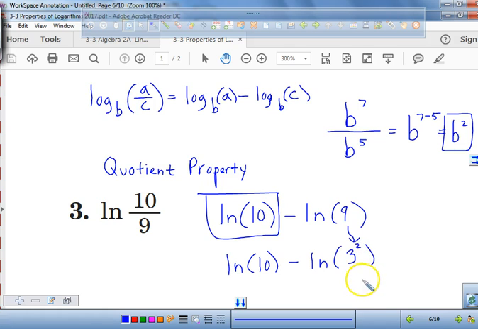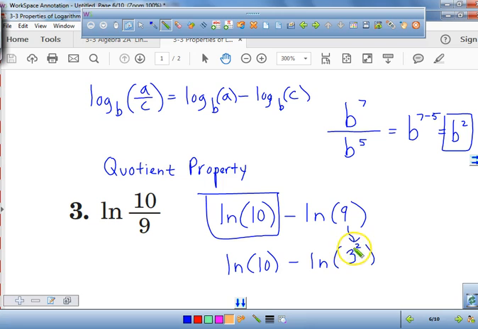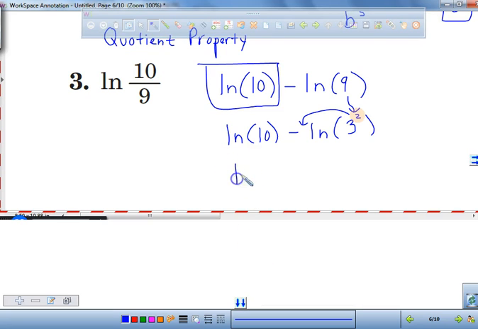3 squared is right. So right now we've changed 9 to what? 3 squared. Now that we have 3 squared, what's the final step that we do? We have to take the power property and move it to the front. So your final answer is the natural log of 10